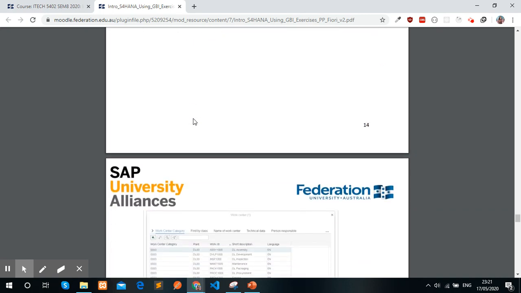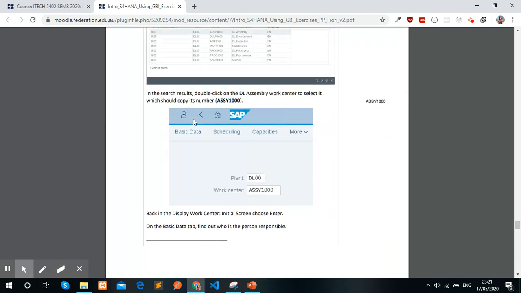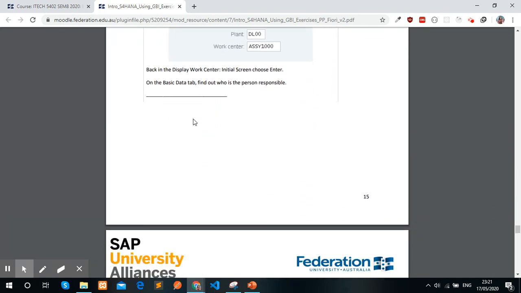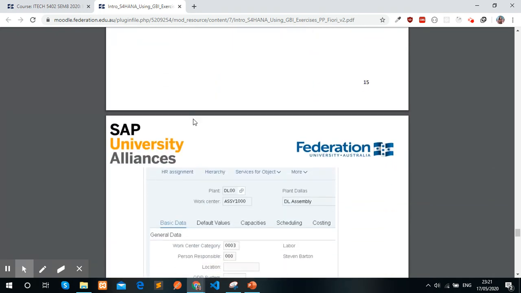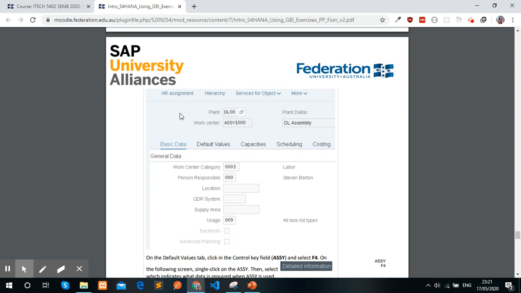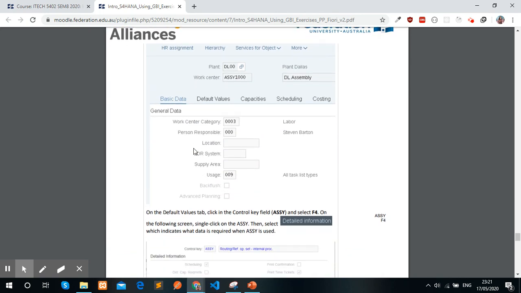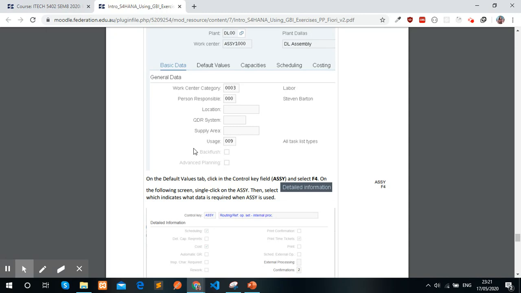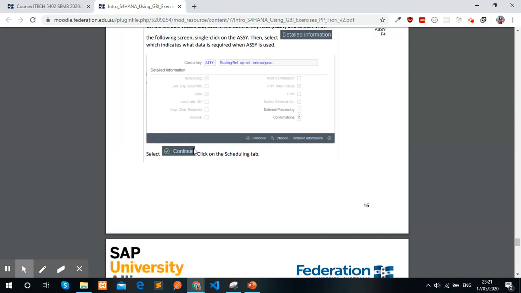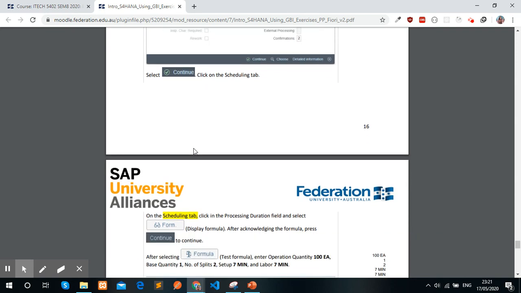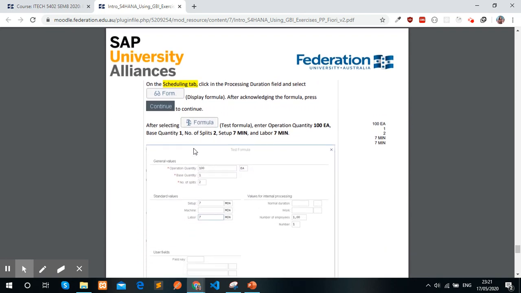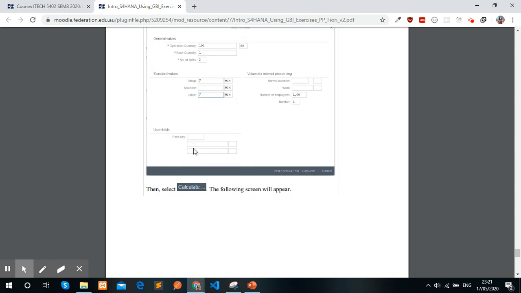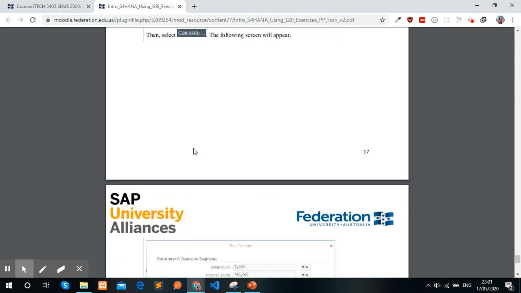We can get all the basic information, the default values, capacities, scheduling, and its costings through this app. After filling in the required fields, such as the plant, we can also get the durations with the operation segment and the internal processing.